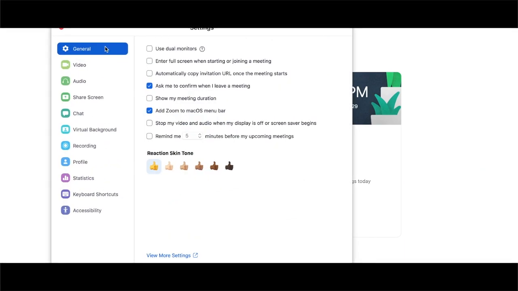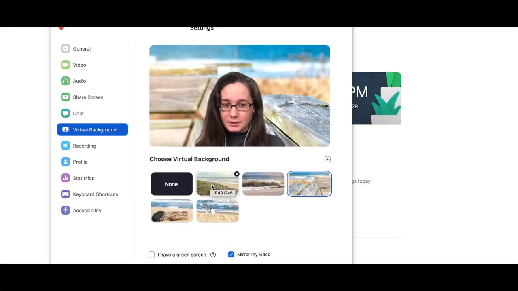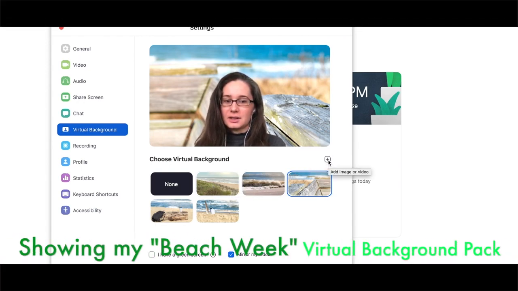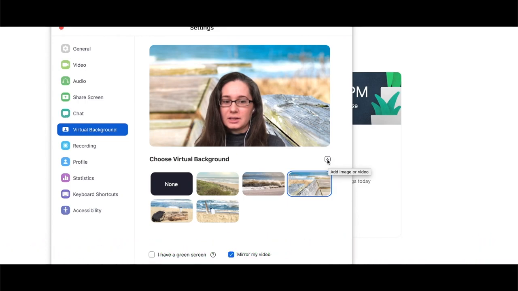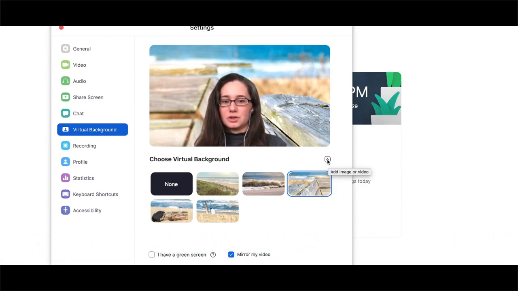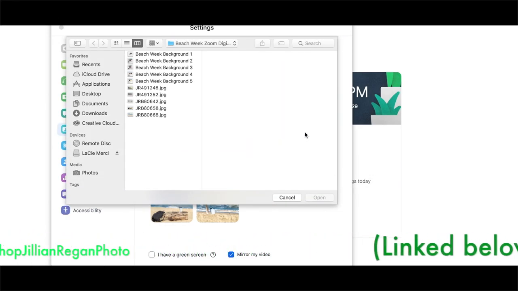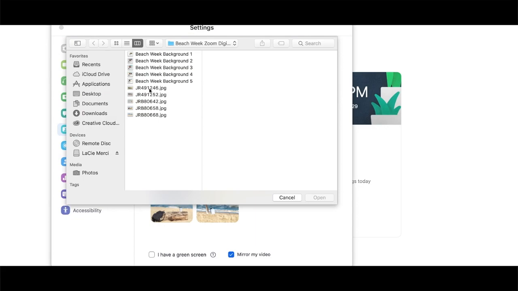Then this box pops up. Go down to virtual background. And then I've already uploaded these digital backgrounds, but if you haven't uploaded them yet, you just click the plus sign right here in the bottom view, which if you haven't uploaded a background yet, it'll just show you your environment. So go to add image, and then if you remember where you saved it,